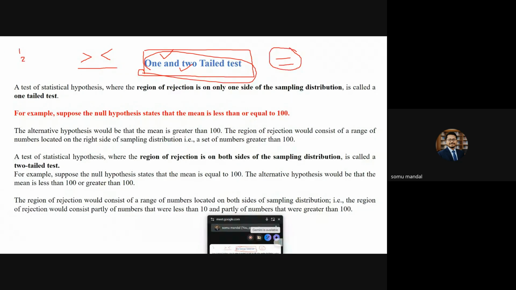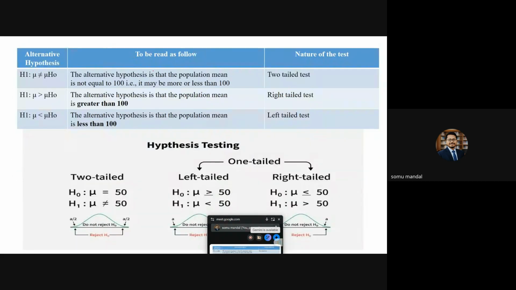So one important thing is the null hypothesis. The second is the formulation of the alternative hypothesis. Third, which kind of test is it: the one-tail test or the two-tail test? This is very important as the first step while we are going to perform any hypothesis analysis.